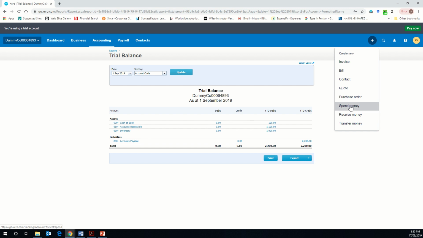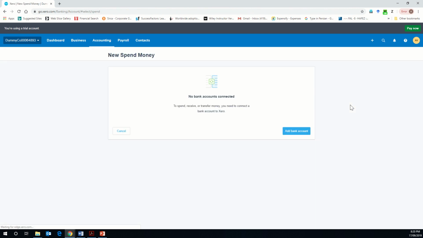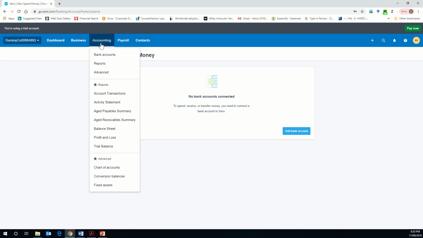But if you look at the spend money function in the trial company, it doesn't allow you to record, purchase, sell or depreciate a non-current asset until you add a bank account. And we don't want to add any bank account for the trial company. So the way that we record the purchase, sale or depreciation of a non-current asset is through manual journal entries. Where you can find the manual journal entries: you go on the reports,